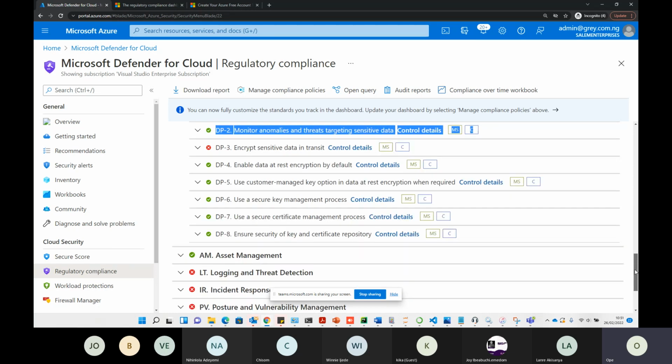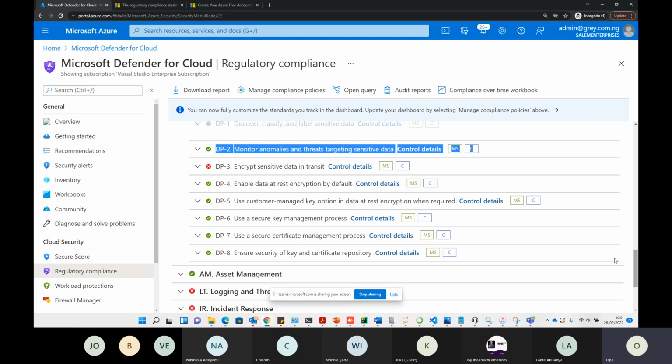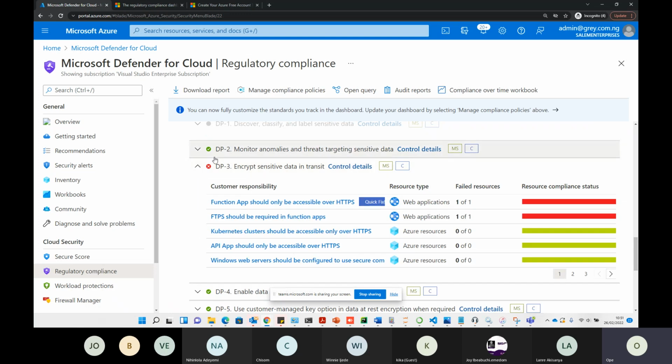So right here now, it's just one place that we are not meeting the requirements. Function apps should only be as